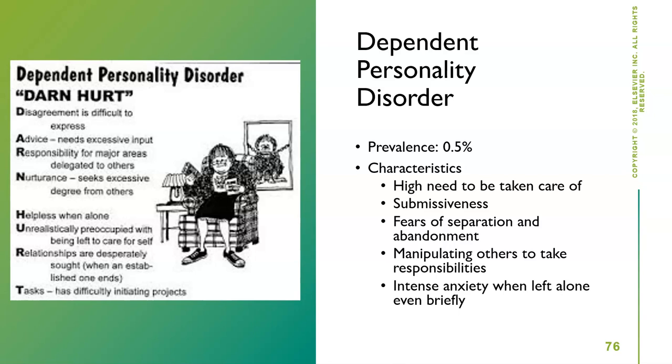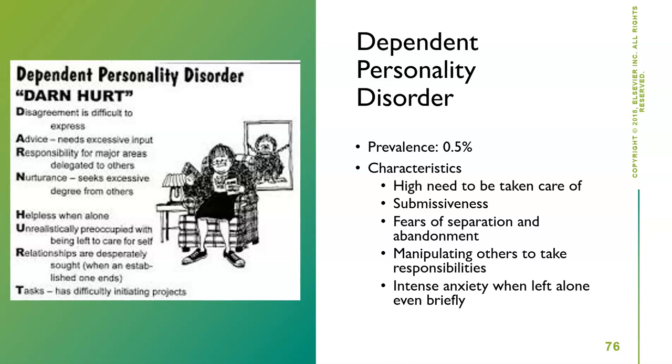They're afraid of separation. They're afraid of abandonment. They don't have confidence in their own abilities, in their own decision-making skills. So it creates problems and they're more vulnerable to exploitation. Who stays with a narcissist? Those with dependent personality, because that person is taking care of them. That insecurity may interfere with their attempts to become more independent. And when left alone, that anxiety intensifies, even if it's for a brief period. This person's going to struggle with jobs.